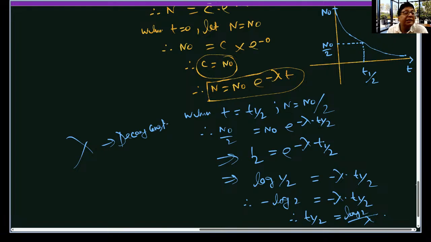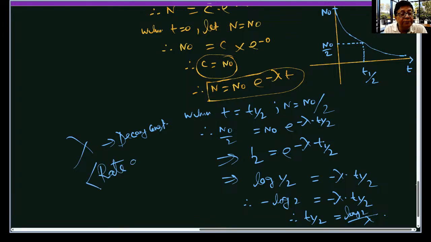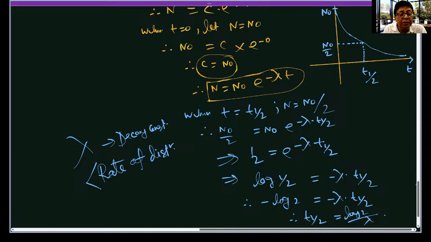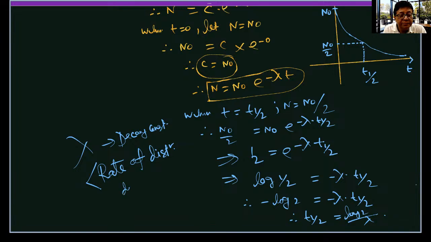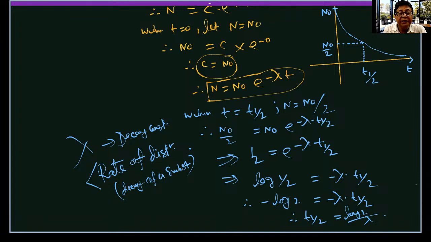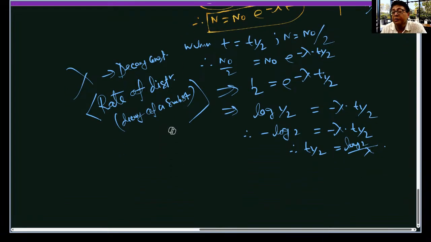Decay constant has another meaning. Decay constant can be termed as the rate of disintegration, or rate of decay of a substance. So t half you can find easily by using this formula, log 2 by lambda. Clear? Let me find very simple applications